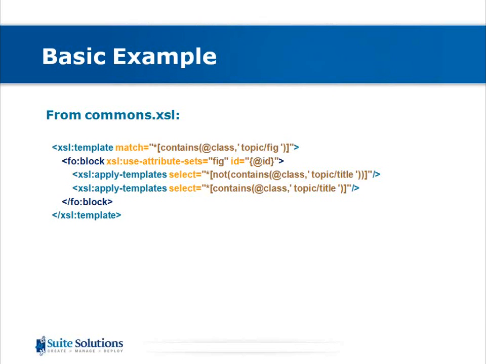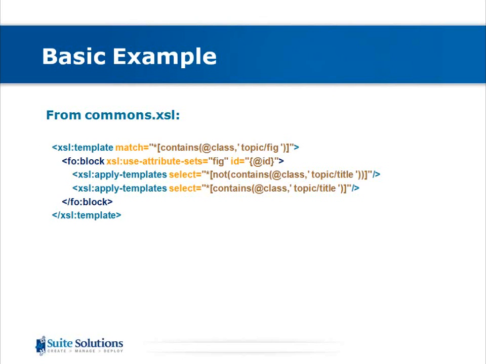All of the brown parts, or almost all of the brown parts, the longer ones, are XPath. So XSLT makes use of XPath, and in some cases we'll see XPath actually makes use of XSLT when you use functions. But what we see here is we have a template that matches, again, asterisk means any node, for which it is the case that the class attribute contains topic/fig,